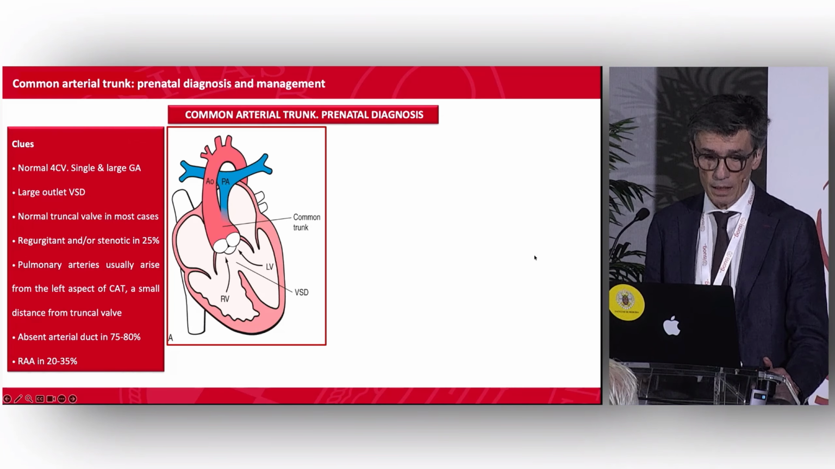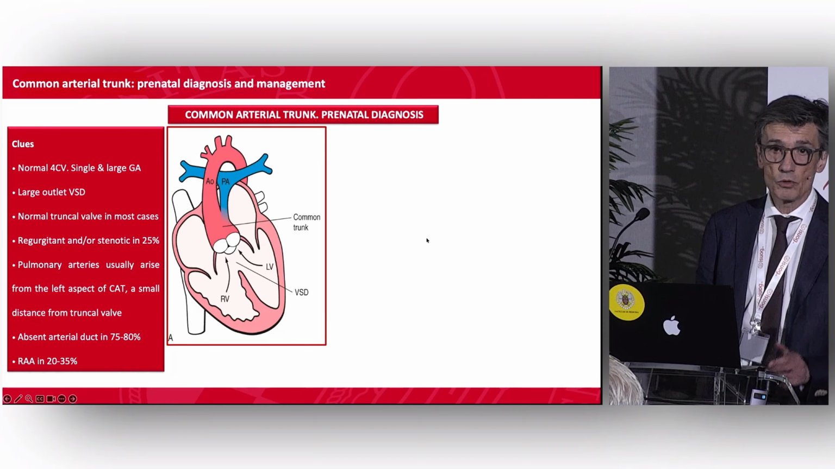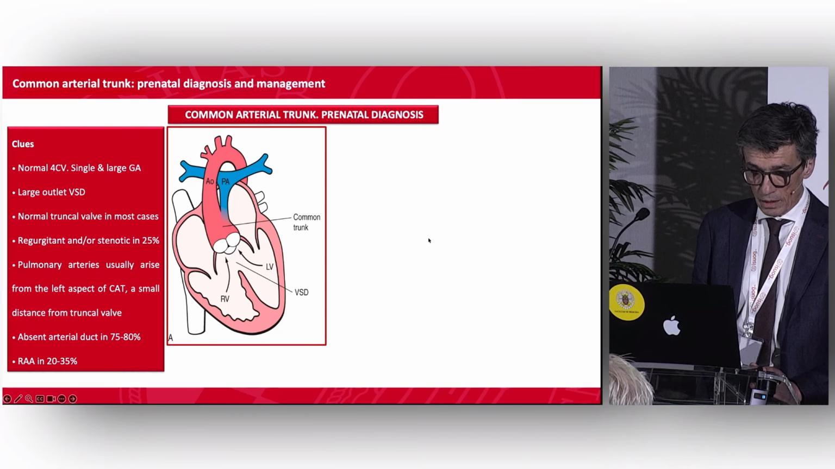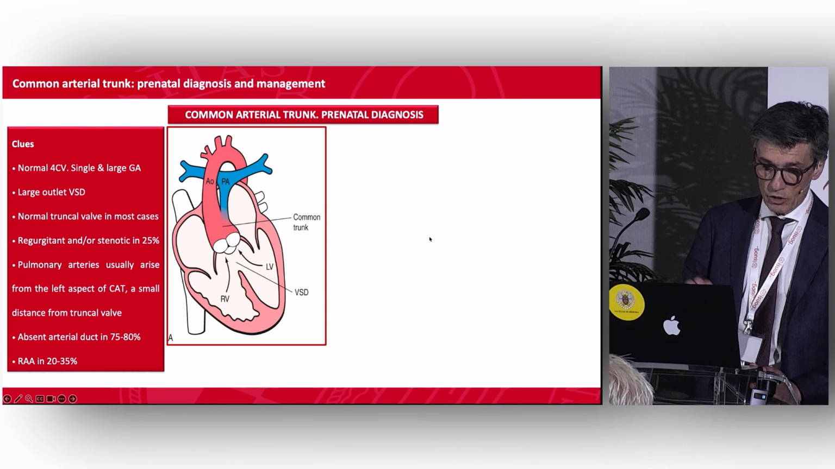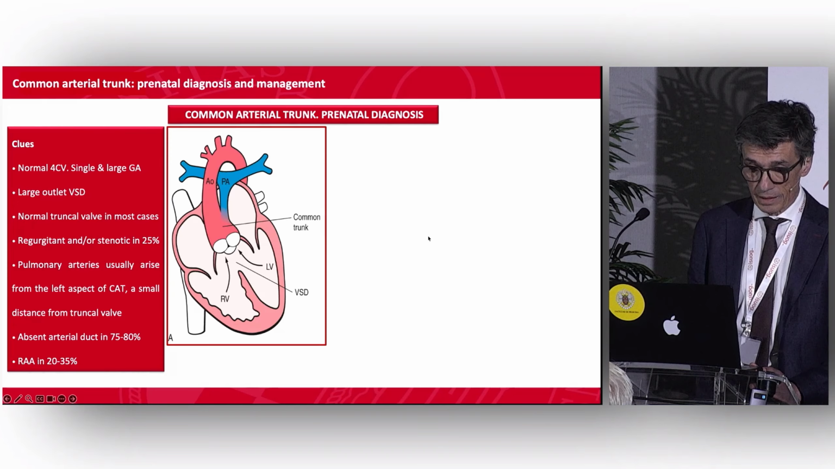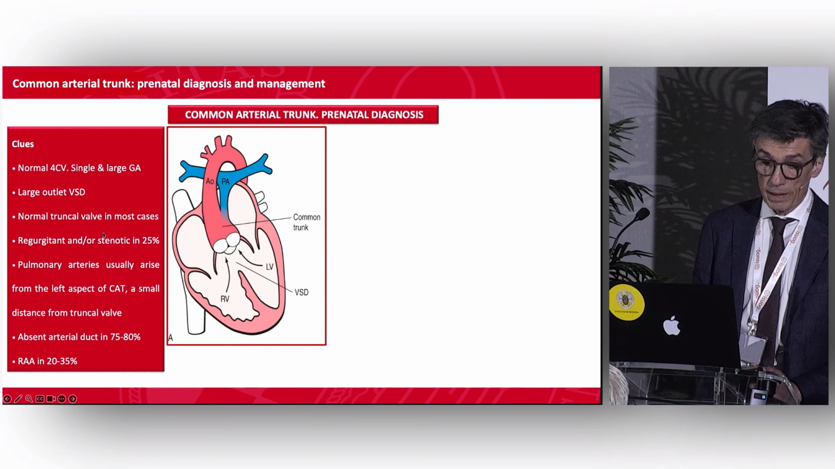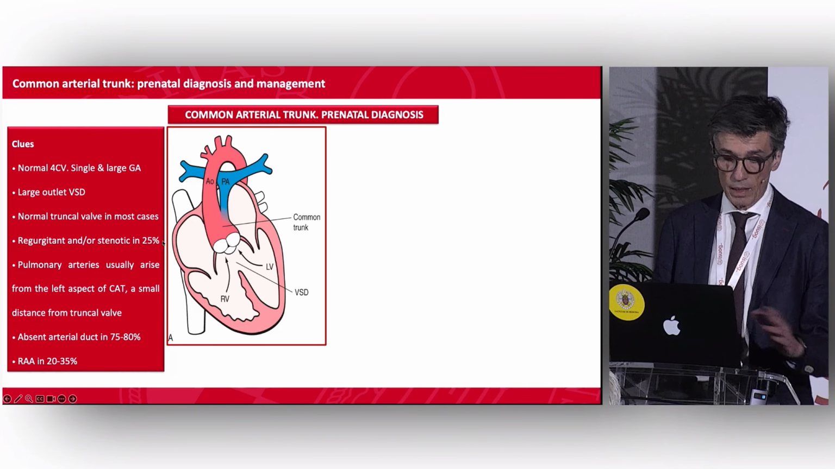From the prenatal diagnostic point of view, it's important to take into account that this condition should be actively looked for, because the four-chamber view is normal in most cases. We will see only a single large great artery arising from the heart. There will be a large outlet ventricular septal defect that usually is not seen in the four-chamber view. The truncal valve is normal in most cases,